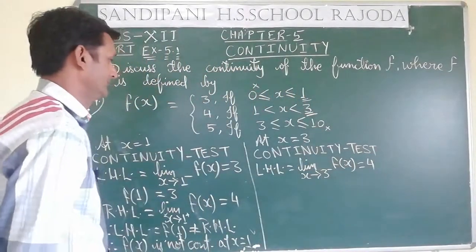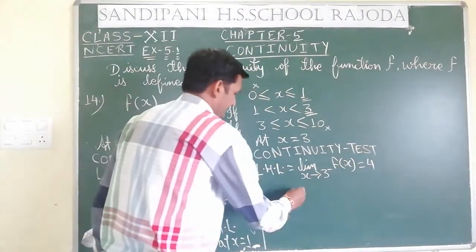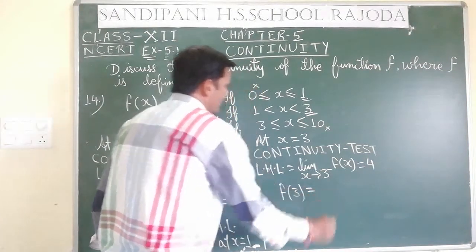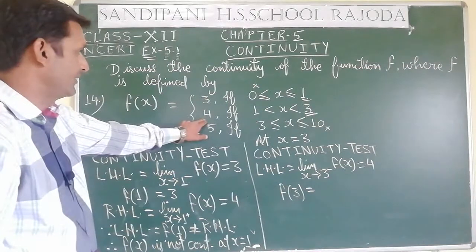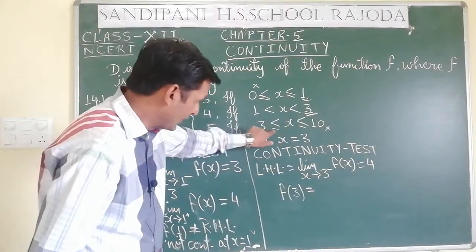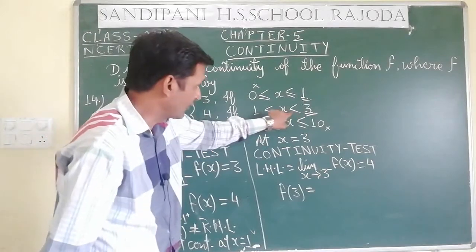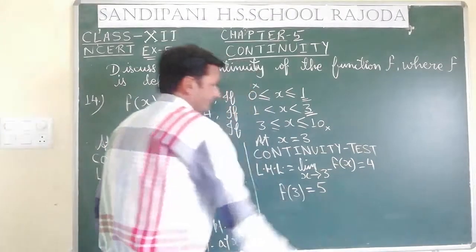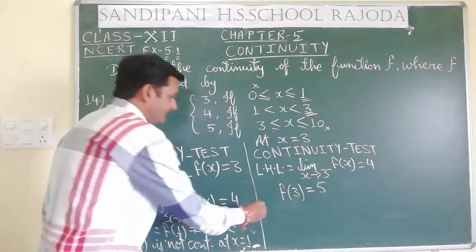Now, for x equal to 3, f of 3, what happens? For equal to 3, this is the part, the equal to sign is not here, so it is 5. It is 5. Now RHL,